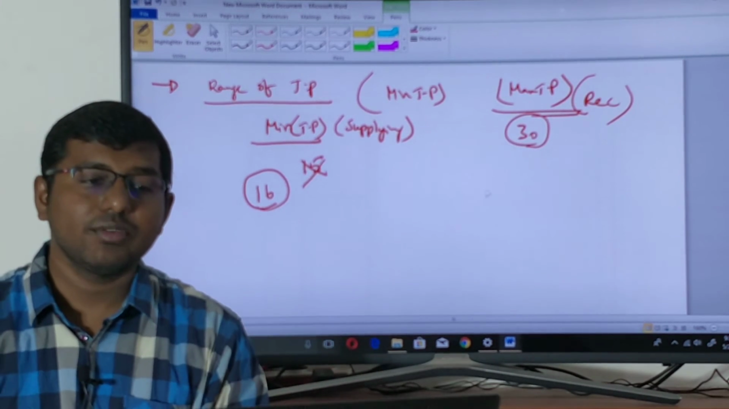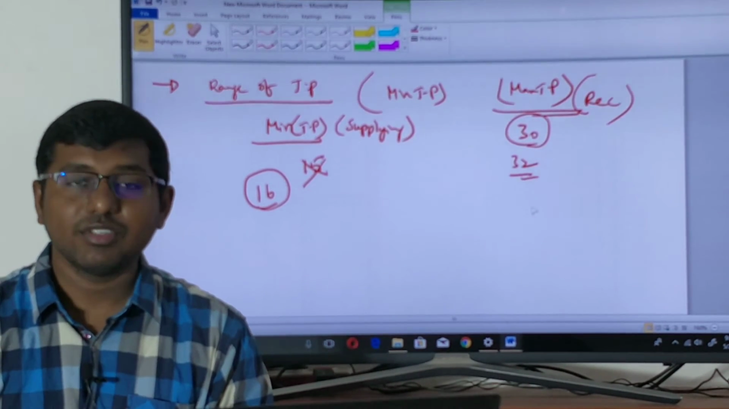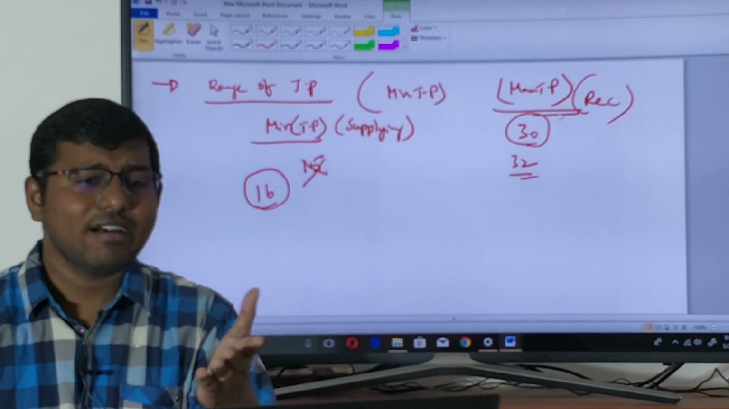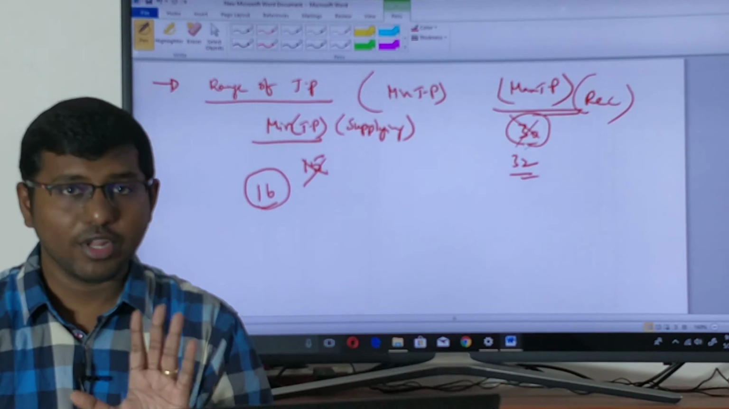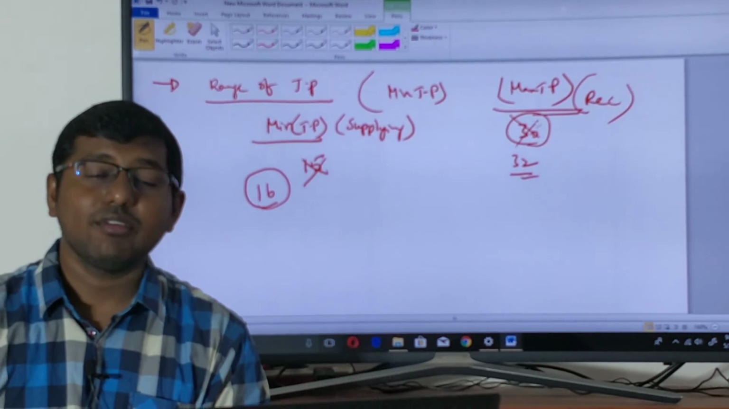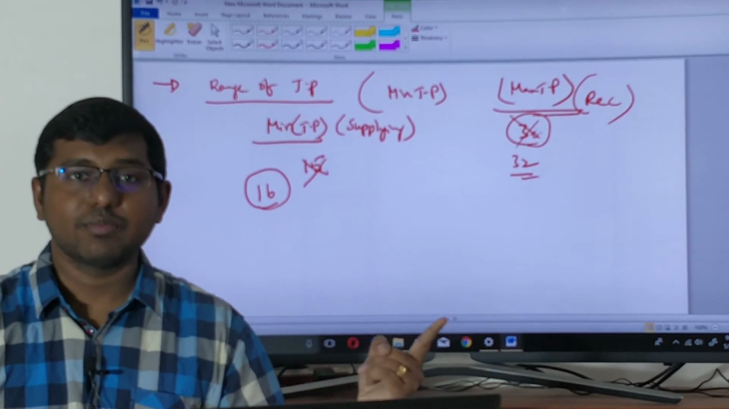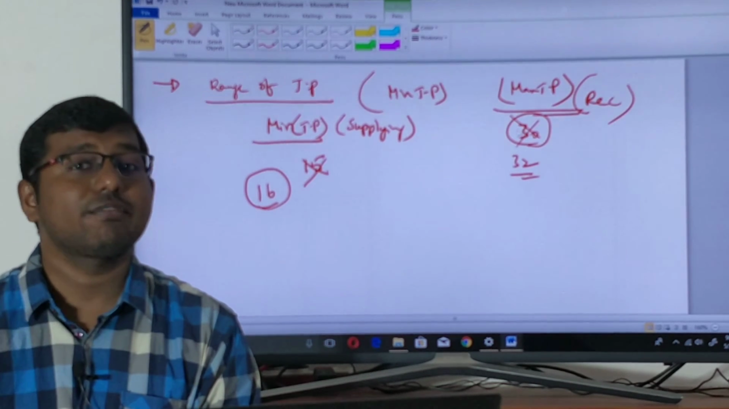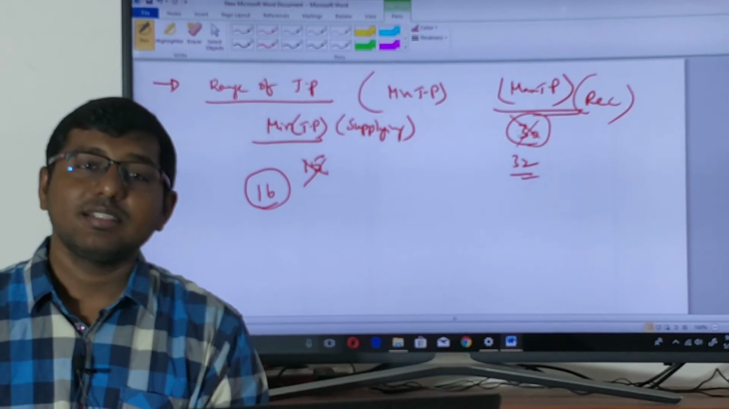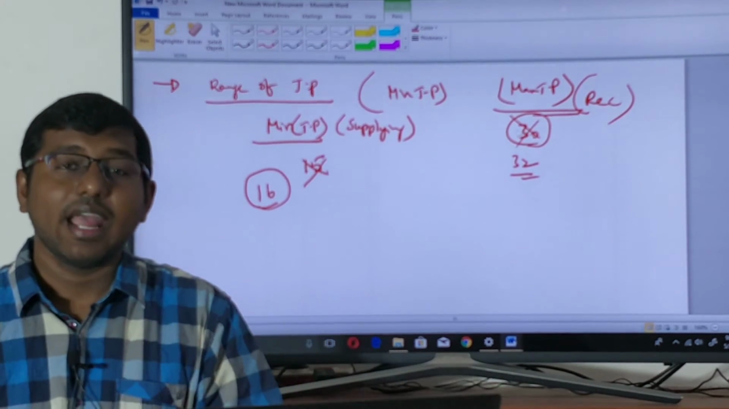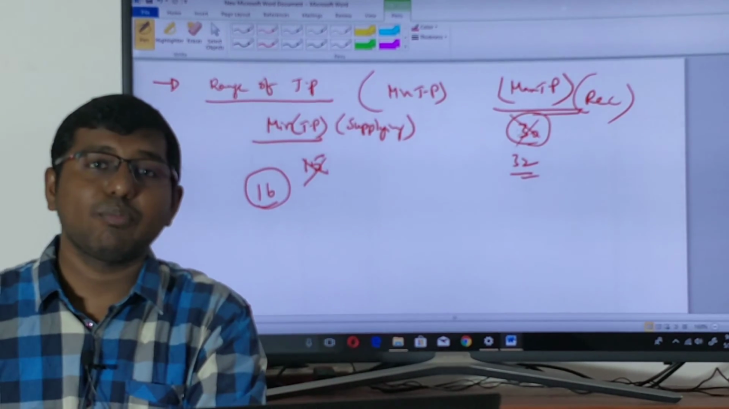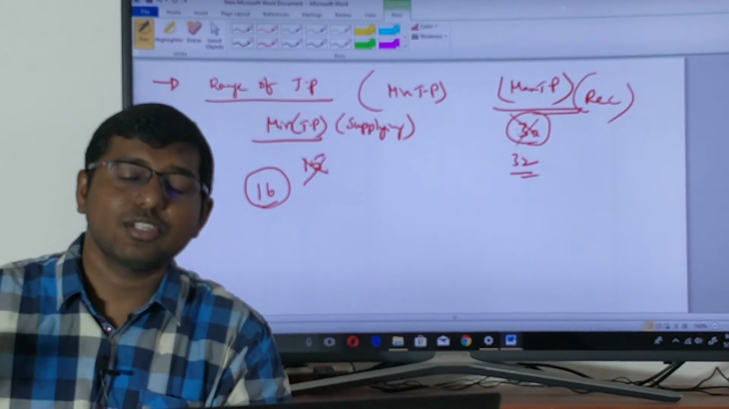Then if you fix the maximum TP as 32, will the receiving division accept? No. It will say that, I have got only 30 rupees with me, and if you fix the TP as 32, I can't buy, so get lost. Are you able to get me? So which means whenever you fix minimum TP, think from supplying division's point of view. Whenever you fix maximum TP, think from receiving division's point of view. See what the minimum that supplying division has spent, and your TP must be more than that, and see what is the money that receiving division possesses, and your TP must be less than that,